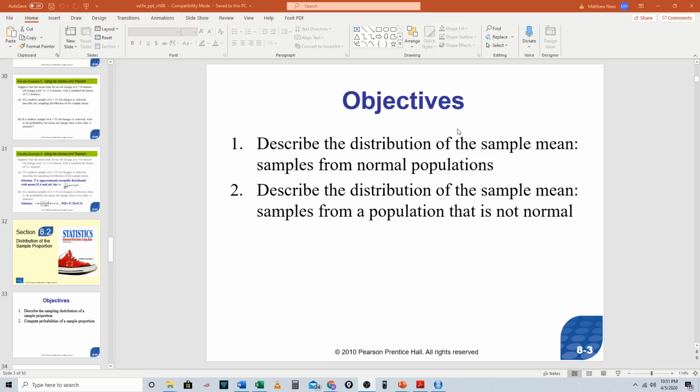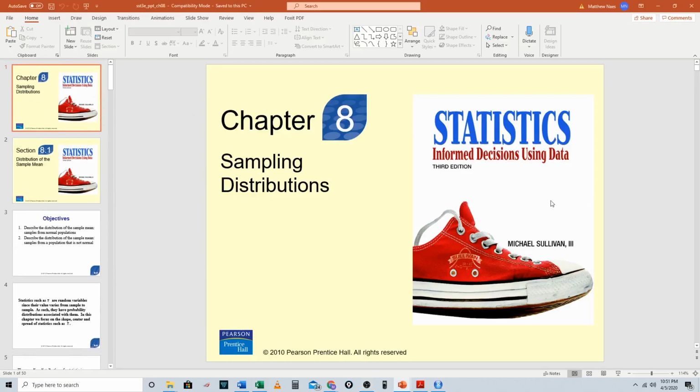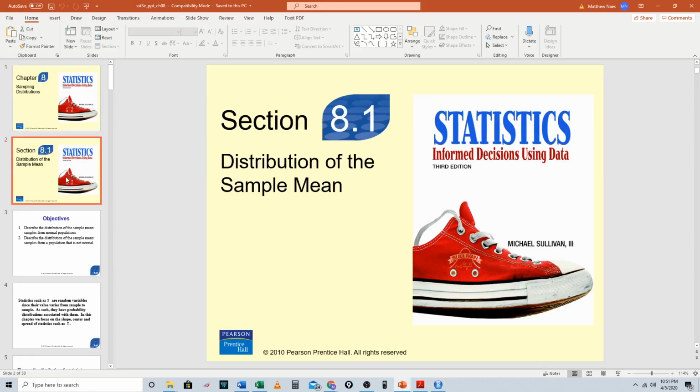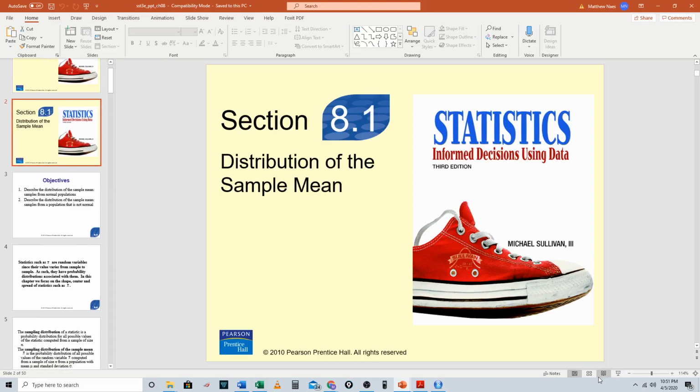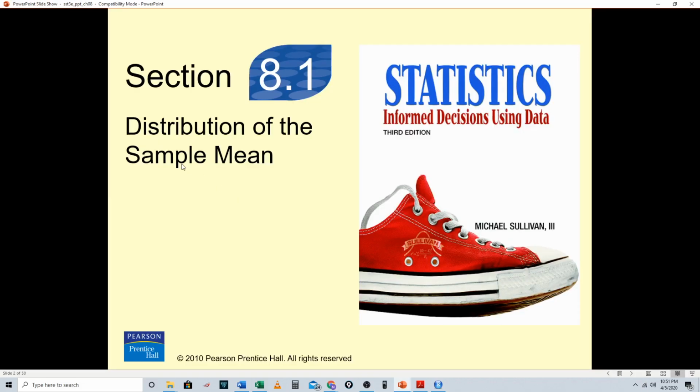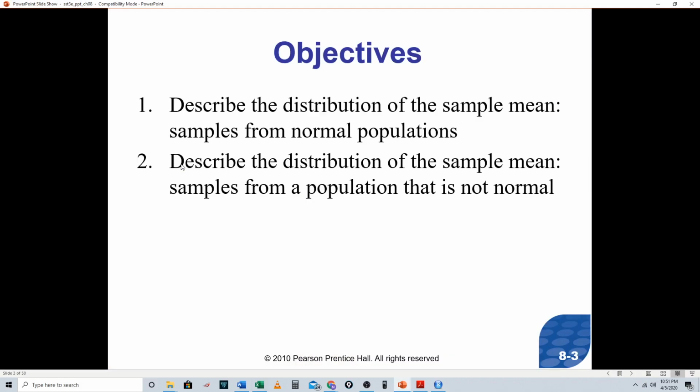All right, so here we're going to go over chapter 8, which we're going to start out with sampling distributions, which is similar to normal distributions. The big difference here, and again, I could go through all this,